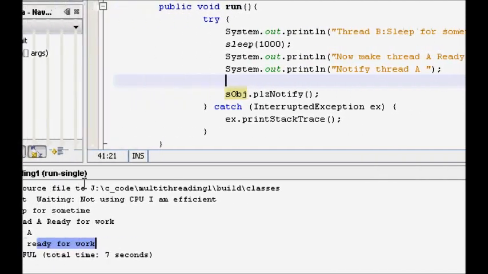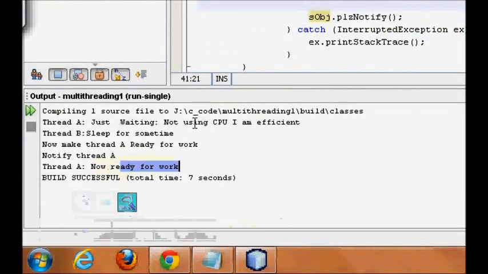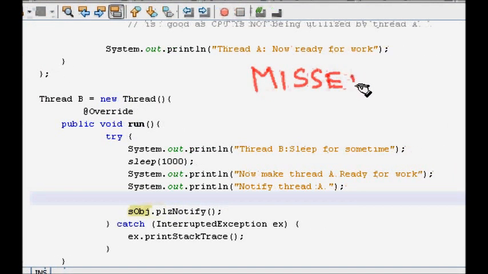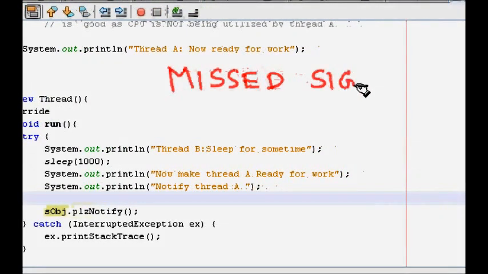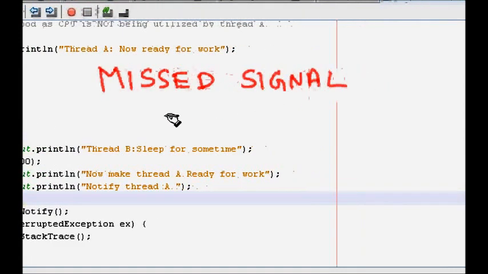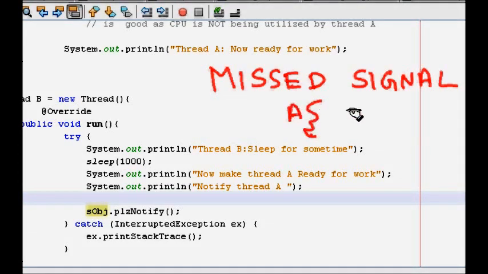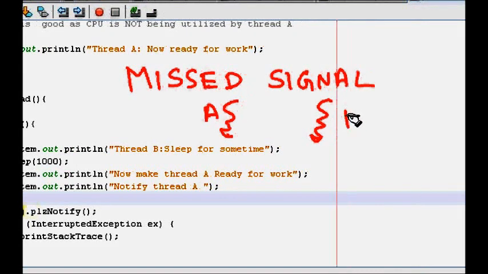The only problem that you can have here is that of missed signal. Okay, missed signal. And when can it happen? So thread A was there, thread B was there.